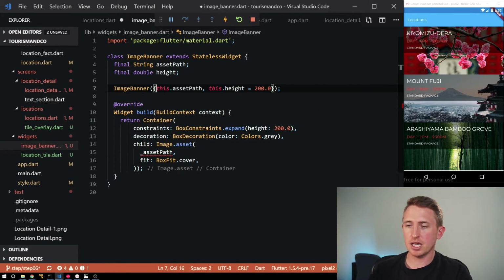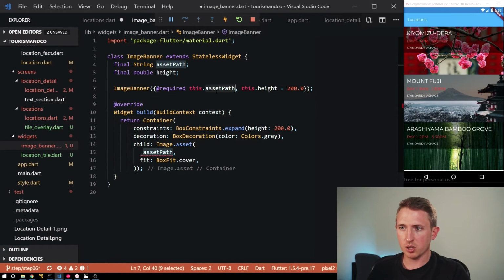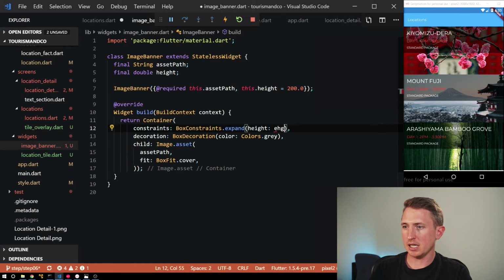And we've already covered an annotation in Dart. That's basically anything that starts with the @ symbol here. So @override is an annotation. But you can also do it for constructor parameters. So I can say required, and that makes sure that when I use it, that a person always uses an asset path. And if they don't use height, then there's at least a default. So you're going to say height here,